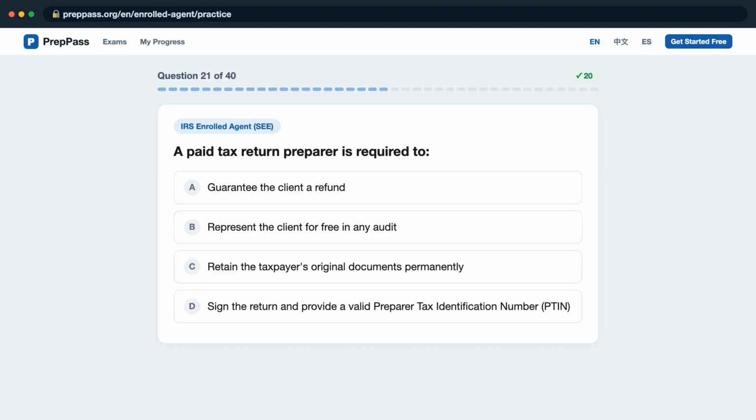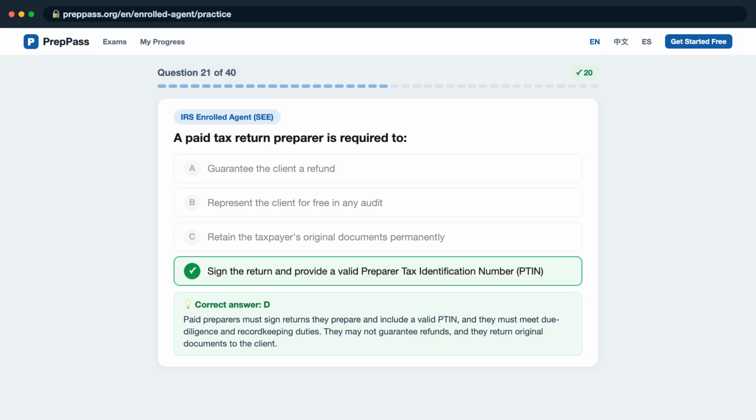Question 21. A paid tax return preparer is required to, is it A, guarantee the client a refund? B, represent the client for free in any audit? C, retain the taxpayer's original documents permanently? D, sign the return and provide a valid preparer tax identification number, PTIN? The correct answer is D, paid preparers must sign returns they prepare and include a valid PTIN, and they must